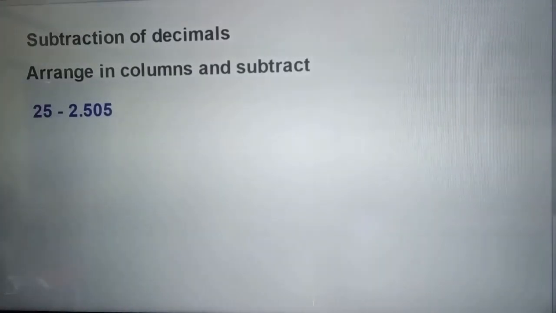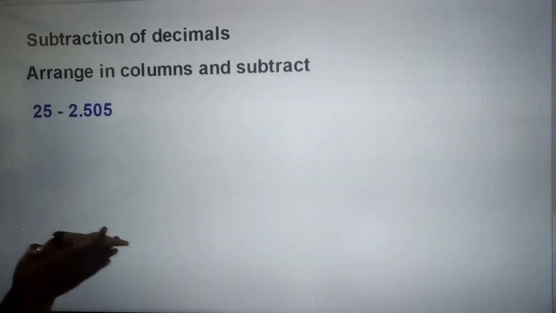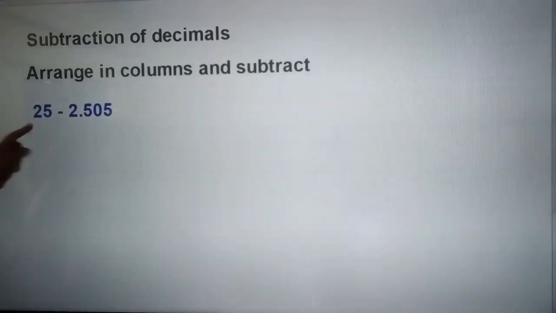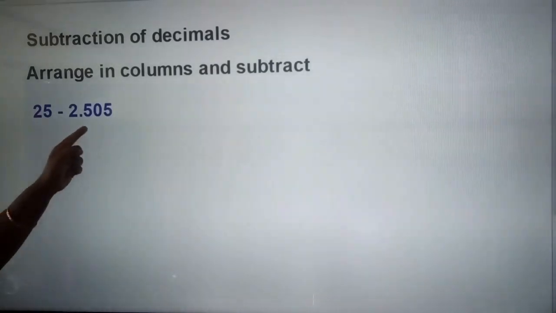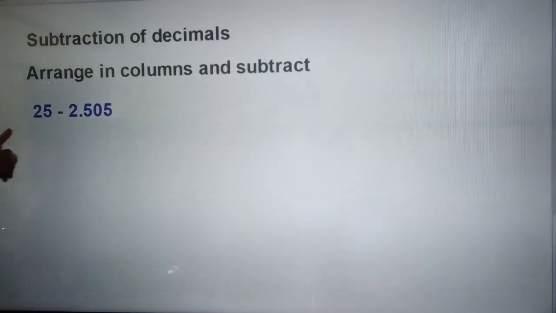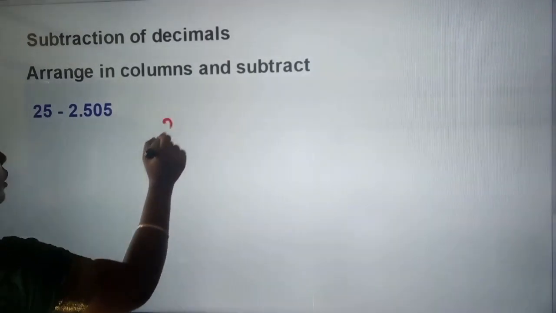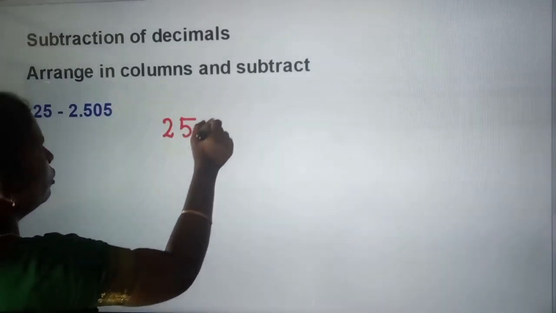Now subtraction of decimals. We already know subtraction, children. Now we have to see how we do subtraction in decimals. See, arrange in columns and subtract. Here 25 is the whole number and 2.505 is the decimal number. We have to convert this 25 also as a decimal number. How are we going to convert this? We can write this now